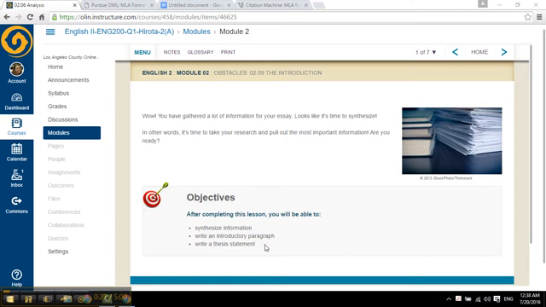write a thesis statement. And it's going to tell you this, but I'm going to say it too, just so you can be thinking about it as we go through this. The thesis statement is the most important sentence in your entire essay. Everything else you write supports that idea. It all connects back to your thesis statement. So, just keep that in mind so that you remember that this is where you really need to be putting your emphasis, is writing this good thesis statement.